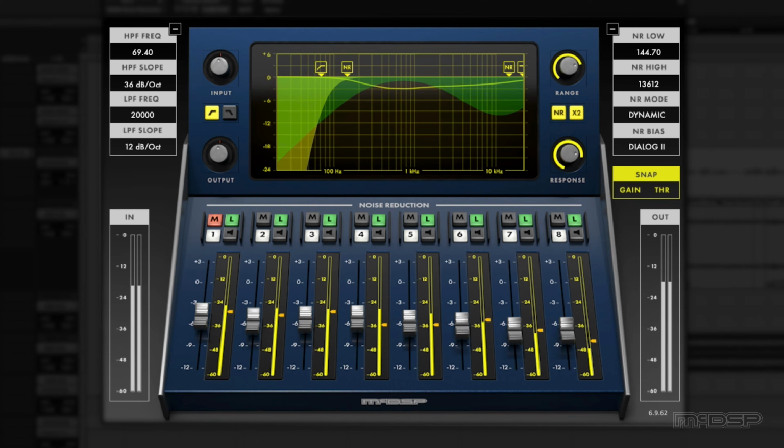The NR800 Noise Reduction Processor by McDSP is a real-time noise reduction processor plugin that's perfect for music production, post-production,